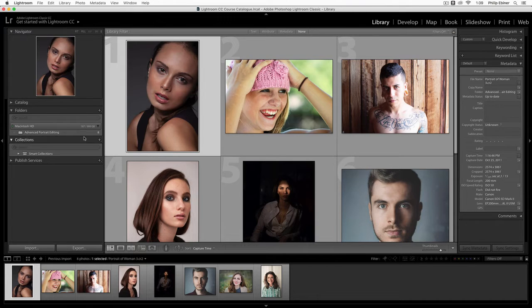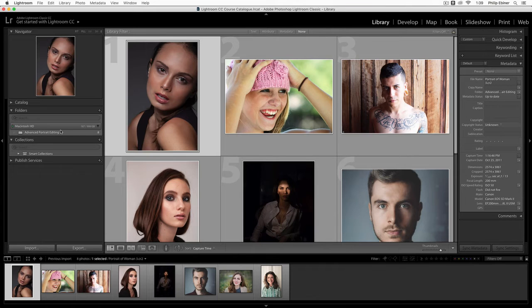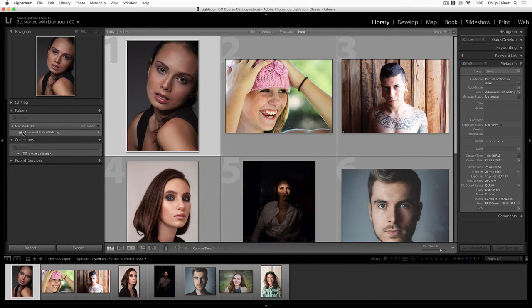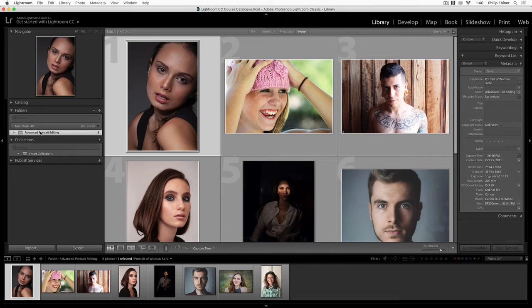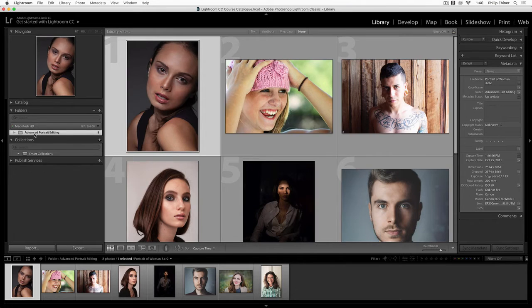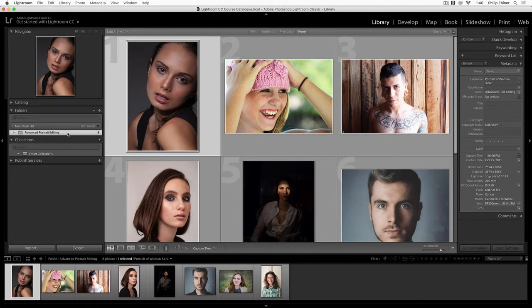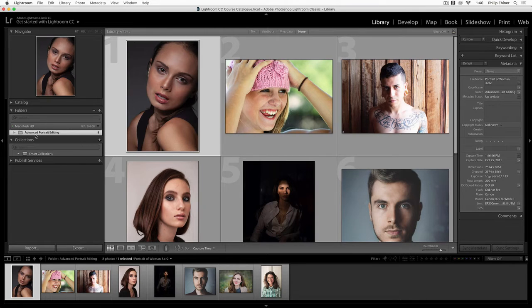Folders is the next option, and this is good if you understand and have a really good organized hard drive. This structure will show you folders that you've imported based off of where they are on your computer. Now, since I reset Lightroom before I started teaching this course, I've only imported this one folder from last lesson so far, and so this is the only folder I've seen. But if you've imported lots and lots of folders, you'll see them all over here. And this is just based off of what it's named and where it's at on your documents.